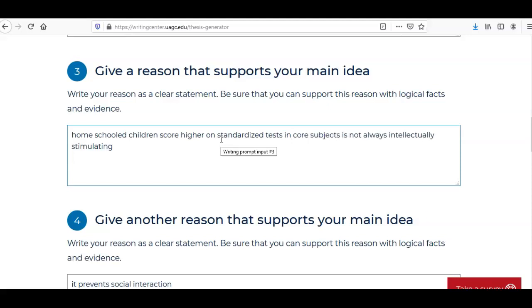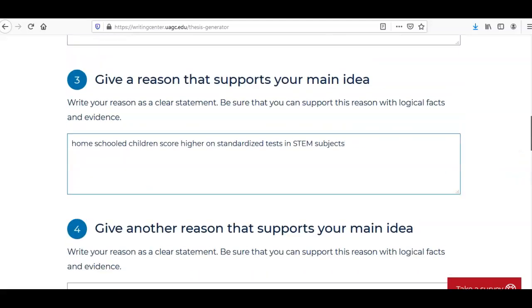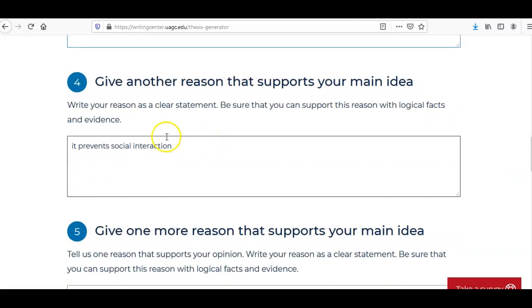And that leaves it open to math, science. It's really STEM. I could even put in STEM topics or STEM subjects, right? I'm sorry, I'm doing this on the fly, so to show you how easy it is. So they do better on standardized tests in STEM subjects. So the science, technology, engineering, and math. Okay, so then